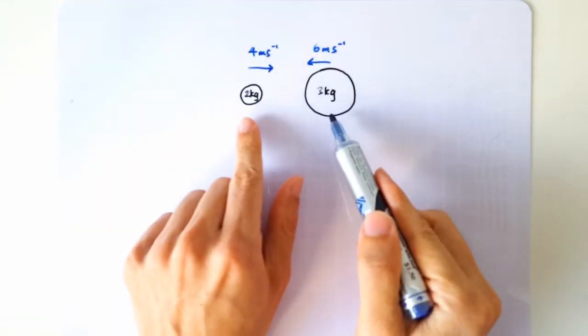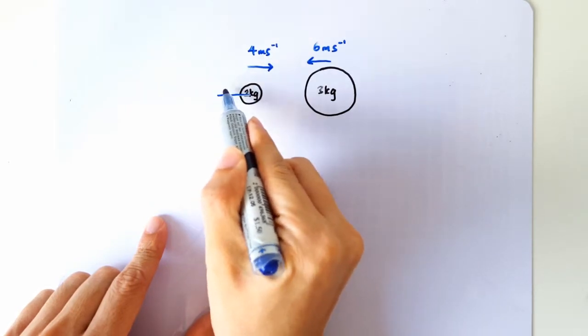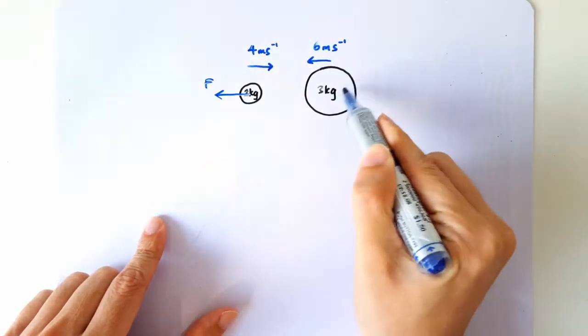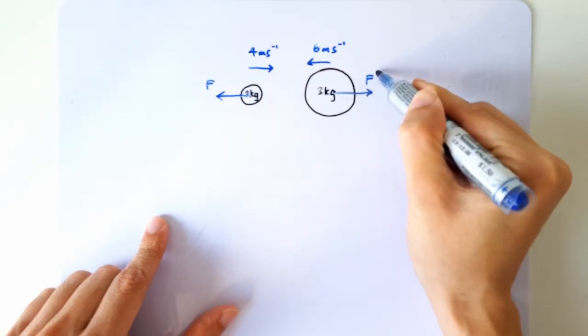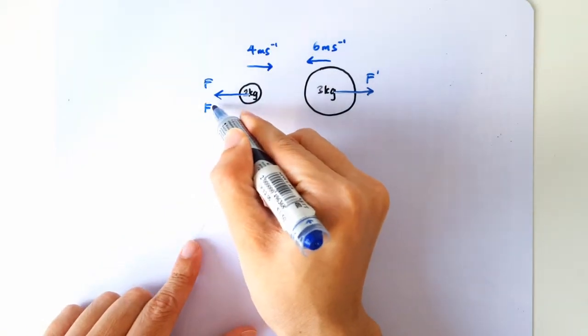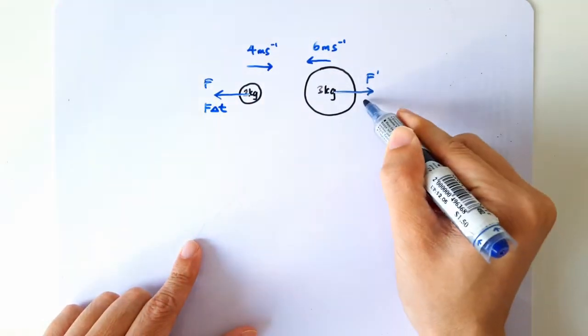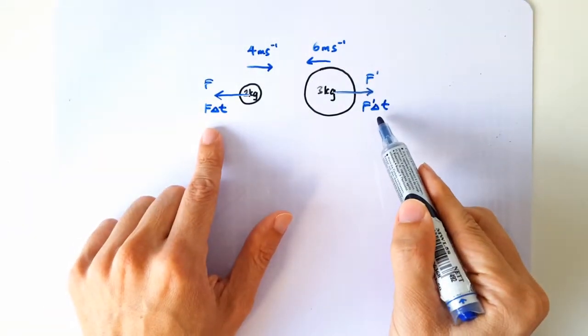Okay, you have two masses colliding. So during the interaction, they will exert forces on each other. But remember Newton's third law. So these two forces must be equal but opposite. Since they act on each other for the same duration of time, it also means that the impulses are equal